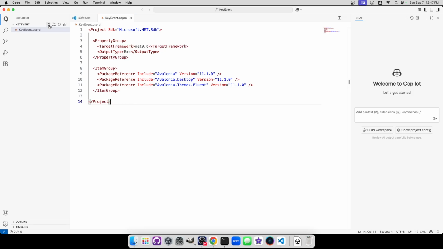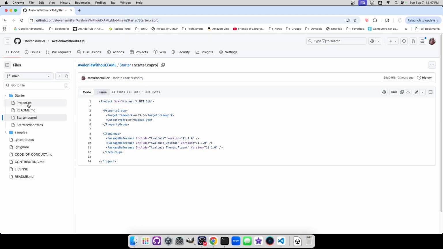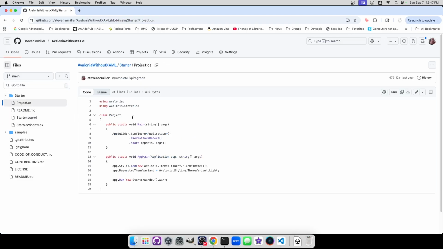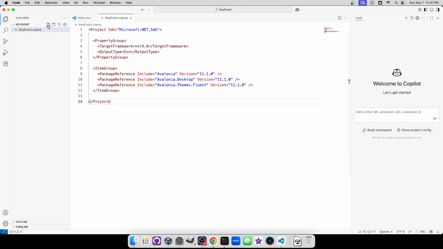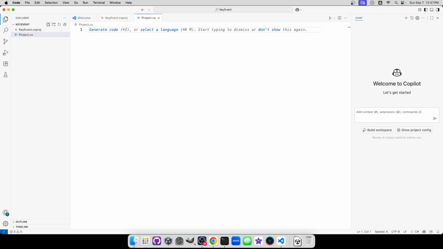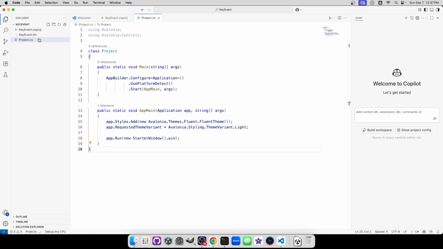Then we'll create a copy of project.cs. And in Visual Studio Code, we'll make a copy of that too, project.cs. Paste it in. Notice, by the way, Visual Studio Code automatically created a couple of files and directories, one called